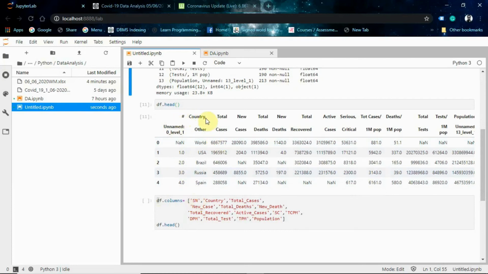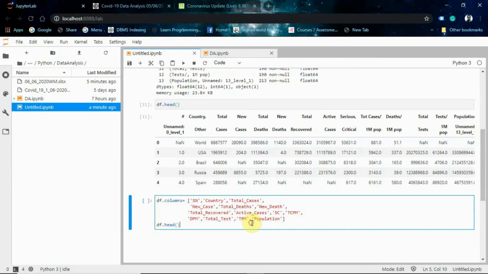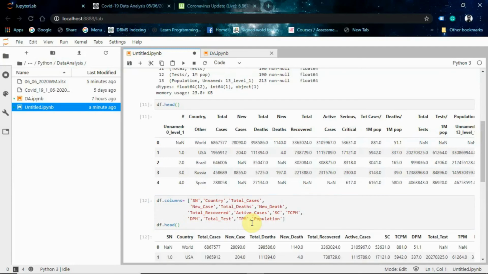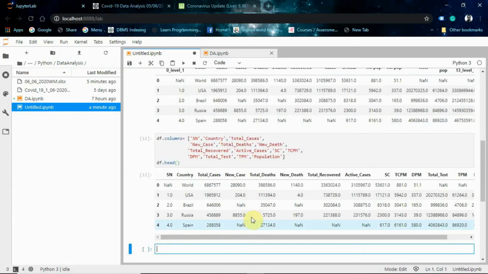The second one is Country, Others, and we don't need the Others, so we name it Country. Then Total Cases, which we write as total_case in a single string. So we mention all the column names and put in our own names, so that our data set makes some sense, right?